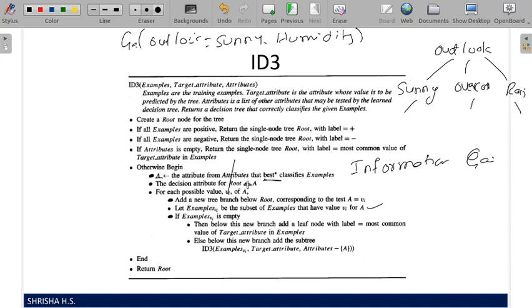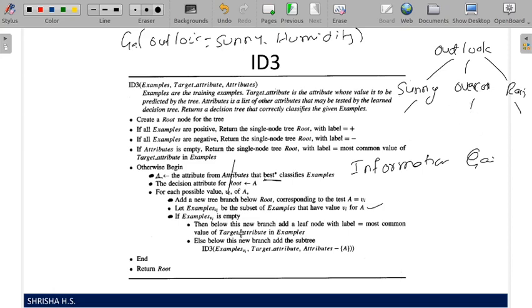Next, if the examples of vi is empty, consider outlook equal to overcast. You will get some instances, and they all have the same classification, so you don't have to calculate further.